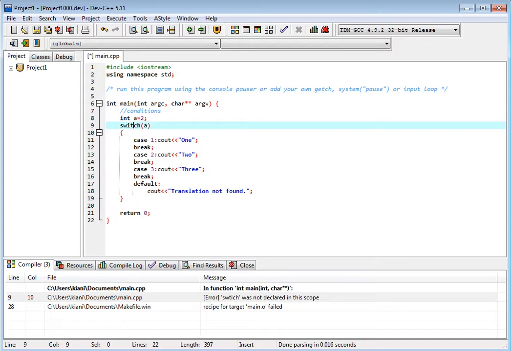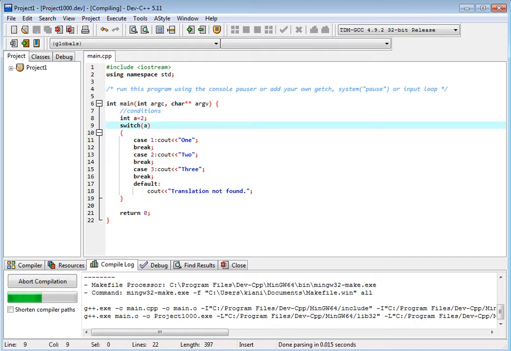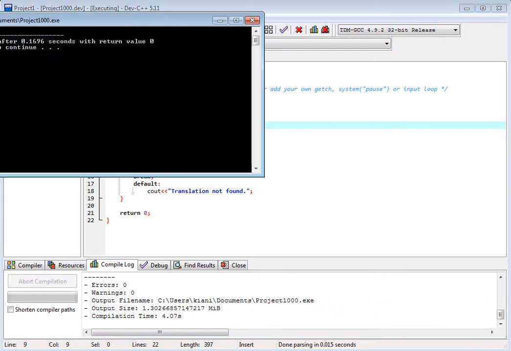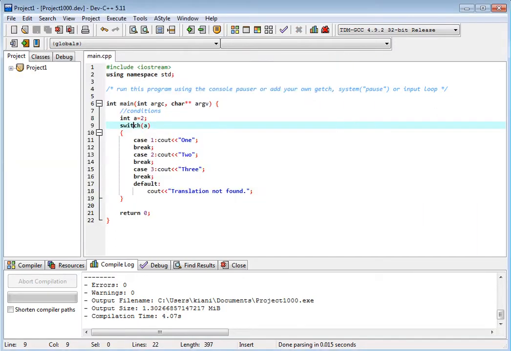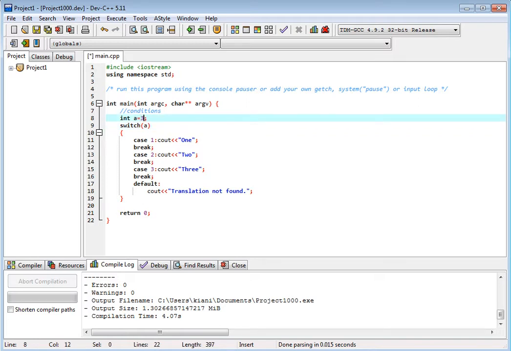Okay, this is a switch statement, right? C is case sensitive. You see 2, and if I put here 3, it will compare switch 3.